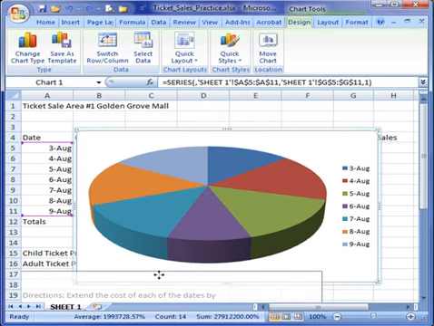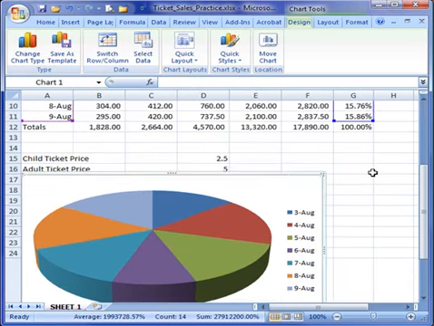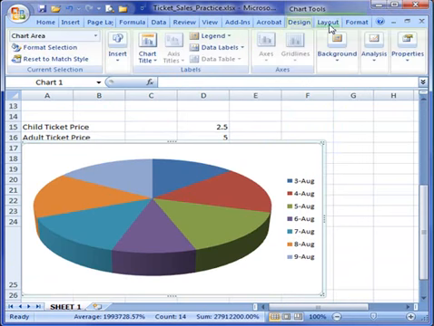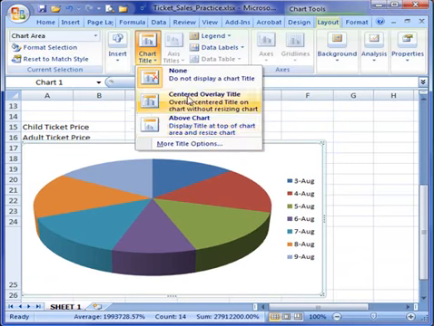And I'm going to put it down here. It's going to be on top of the directions, but I'm trying to hold my size of my video down to make it easier to upload. So I'm going to go to the layout, add a chart title,